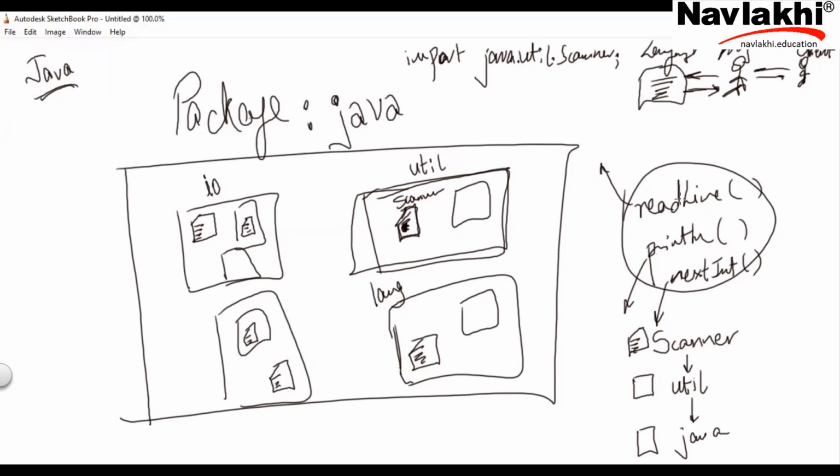There's a reason. All class names start with a capital. All package and function names start with a small letter. And whenever the tone is breaking while speaking, it's again a capital. Read line, you're taking a pause. Next int. It's one word, but suddenly a capital letter comes in between because it indicates a tone pause. You're pausing and then you're speaking.